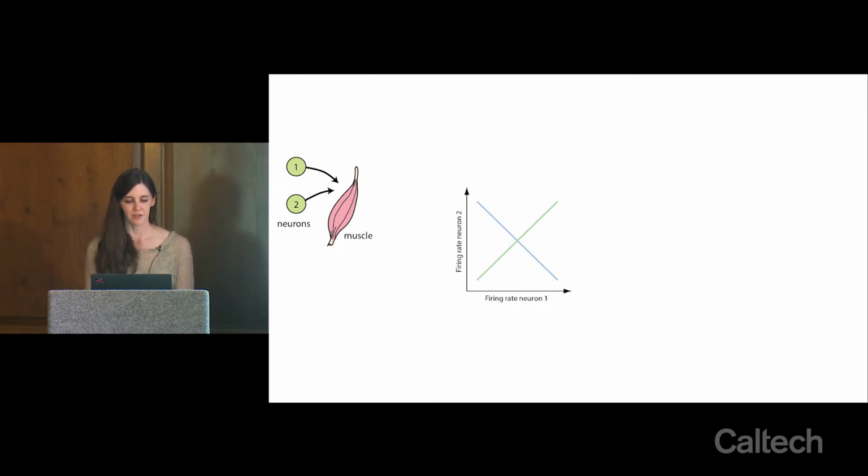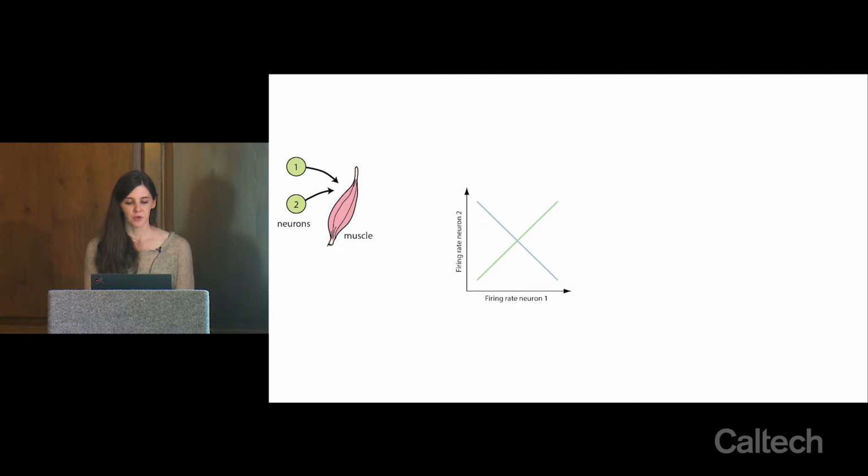If you have two neurons in the brain that are, just for simplicity, directing straight to muscle, you have potent dimensions and null dimensions. You have weighted combinations of those neurons where the weighted sum is going to change as their firing rates change, and you have weighted combinations of those firing rates where the sum of them is not going to change. And basically what they showed in a series of follow-up studies was that during the preparatory period,